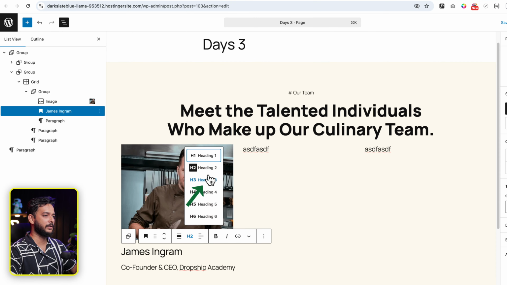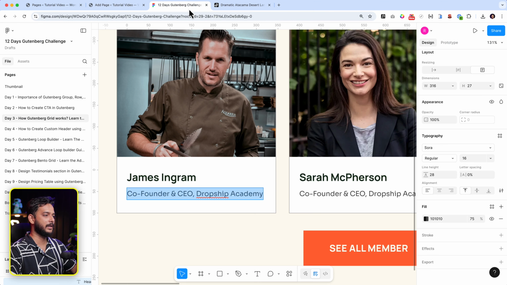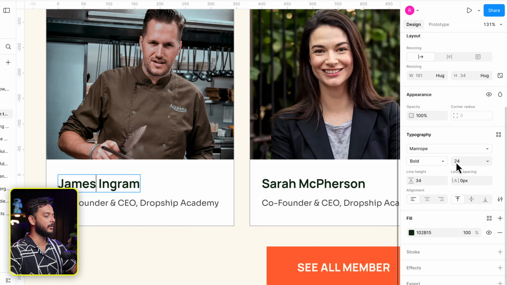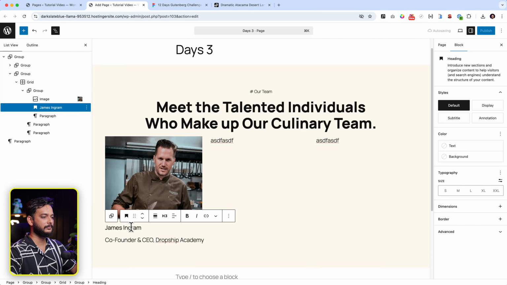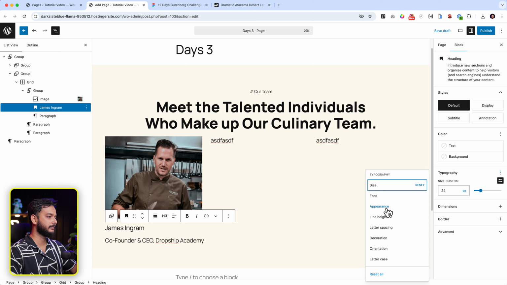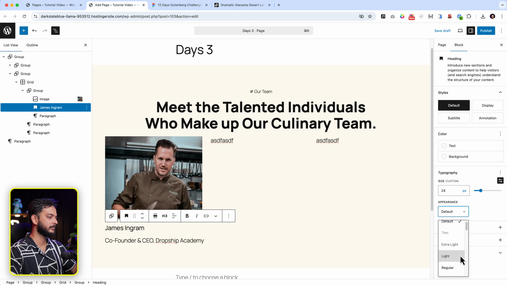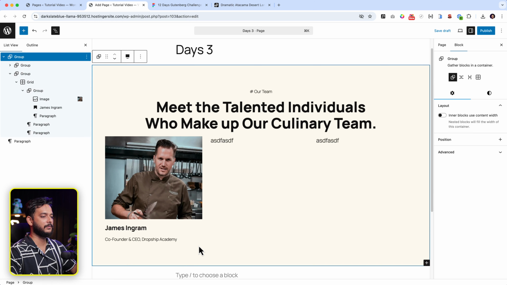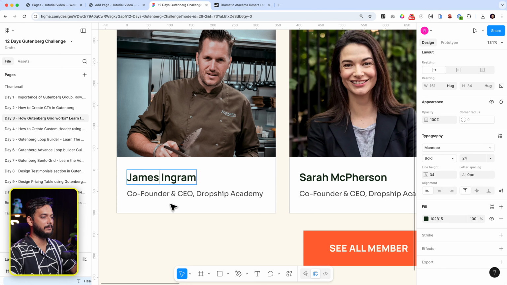Let's make it heading 3 and go to our design, and the paragraph font size is 16 pixel, which is Sora font family, and this one is Manrope bold 24 pixel. Let's make it 24 pixel heading, and let's make it bold. And here let's make it 16, and the font family, I do not want to change, I just keep the default one. And take a look here, the gap between them,